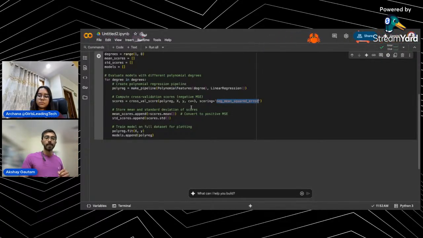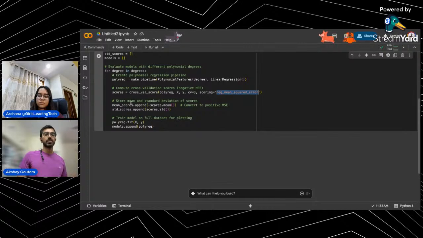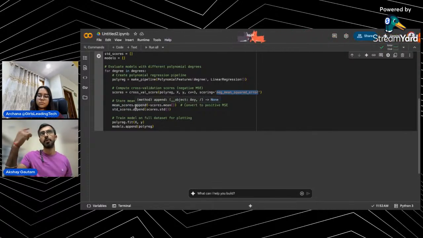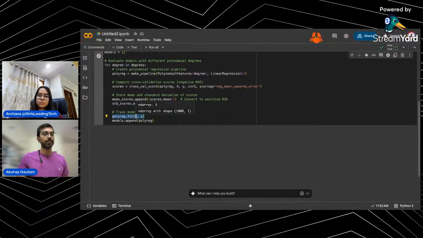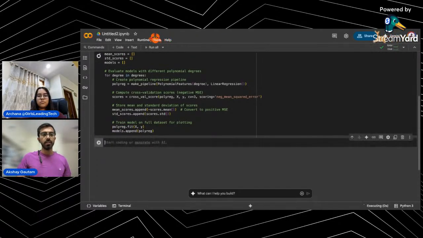So what happens is we just keep all the mean scores, we save them because later we're going to print and plot them to see. And this is the important step. These two words are what train the model, right? This is our model polyjeg, and we fit x comma y, where x and y are our data set, and run the models because we have to save it. Append means we keep it in the list, so we save it so that we can plot it later, right? I'll just run it and